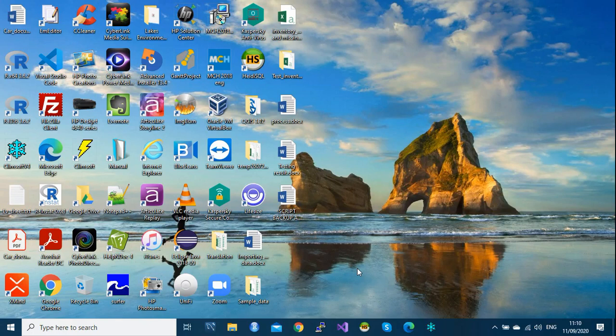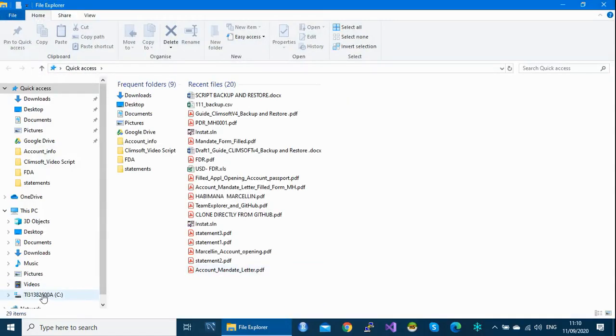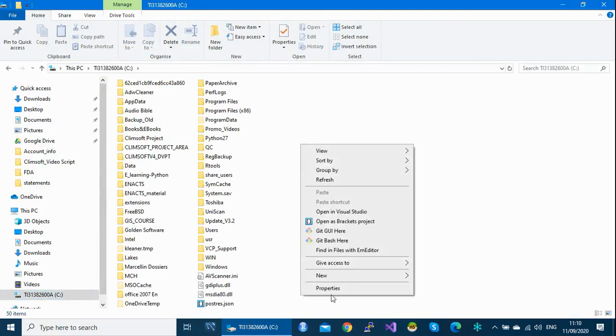So let's start with the backup of our data. What you do, first of all, let's create a backup folder. Let's go to our disk C and create a new folder here.